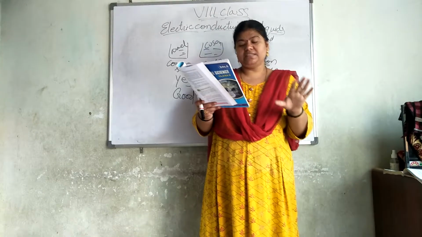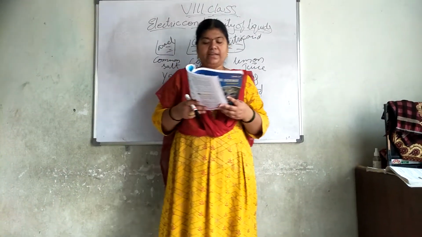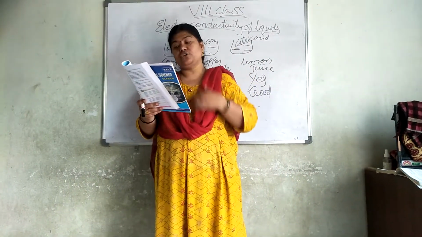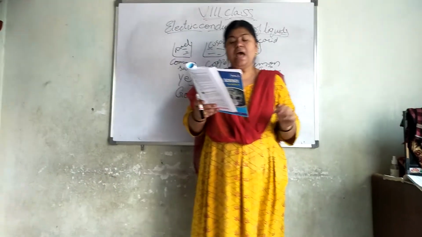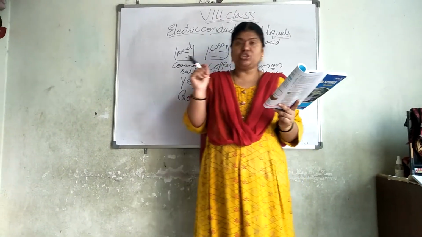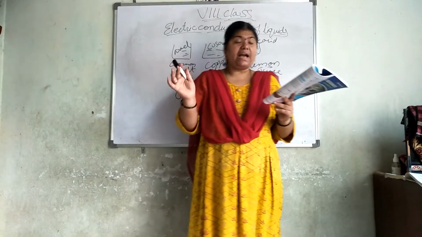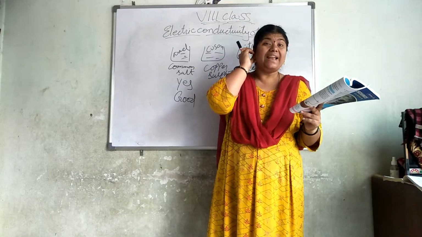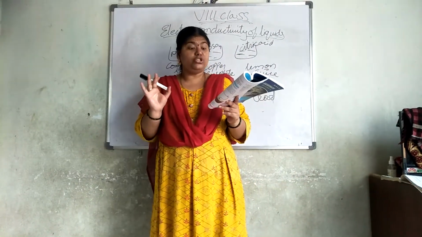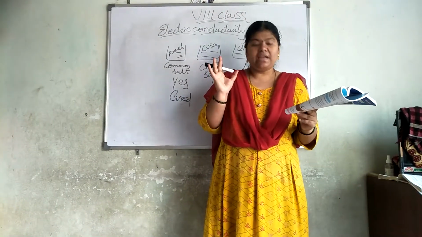Some of these minerals are useful for our health. This water is called a good conductor of electricity. On the other hand, distilled water is free of salts, minerals, acids, etc. and is a poor conductor of electricity. Water with salt is a good conductor of electricity, and the current flowing through household electrical appliances is very high. Therefore, we should never touch electrical appliances with wet hands.